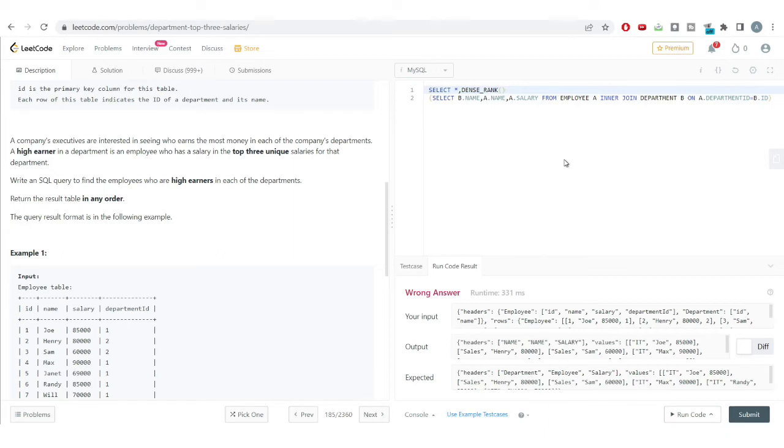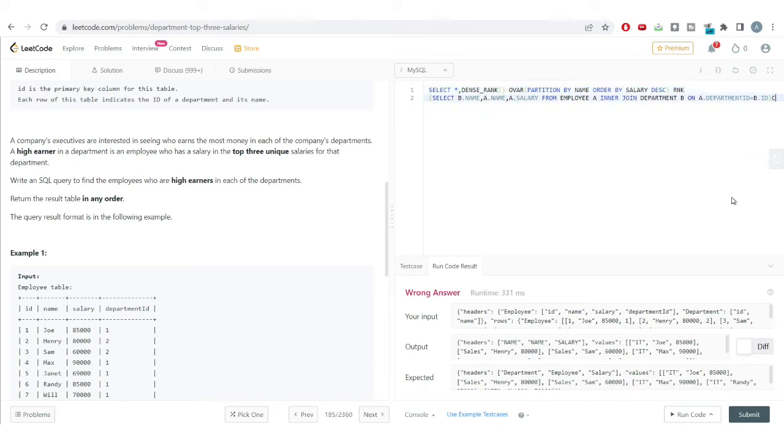We just want to get the top 3 unique high salary earners in each of the departments. So we'll be using the dense rank function. So we'll be doing a dense rank over, so for each department we will need to partition our output on the basis of the department name. So I'll just do here name and then order our rank on the basis of the salary column. That should be in descending order, and this is the rank which we are getting,